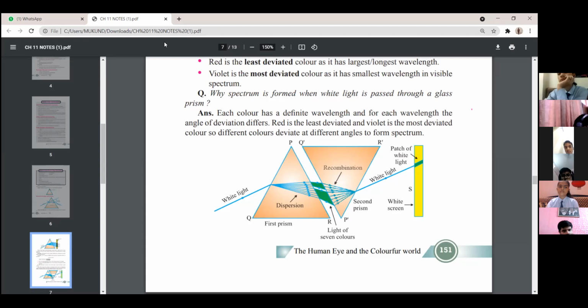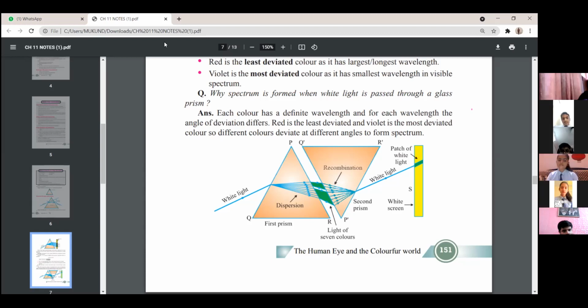So what is this known as? A recombination experiment, that when white light is scattered into the seven colors due to dispersion, they all recombine if we keep an inverted prism. This way he proved experimentally that it is not only due to the shape of the glass prism, actually light consists of seven colors, and thus he showed this experiment. Right? Clear? Understood? So please write down here, recombination experiment by Isaac Newton, in your notebook.